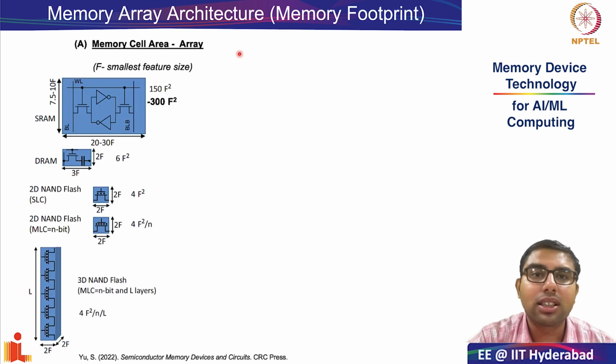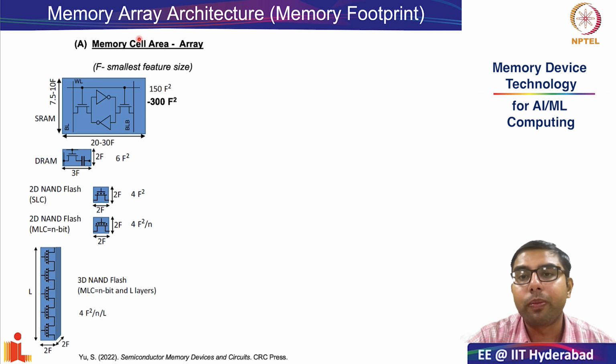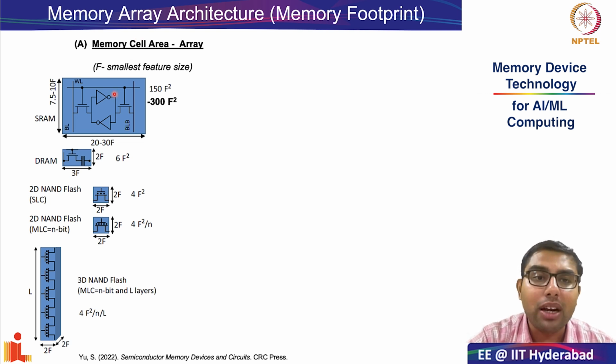So in today's class, we will see, is that really the case? To understand that, we have to see what the memory footprint is for two elements. One will be due to the array, and what will govern the memory footprint of the array will be the individual cell area, or the cell size of an individual bit. This, when implemented at array scale, will determine the size of the array for a particular capacity.